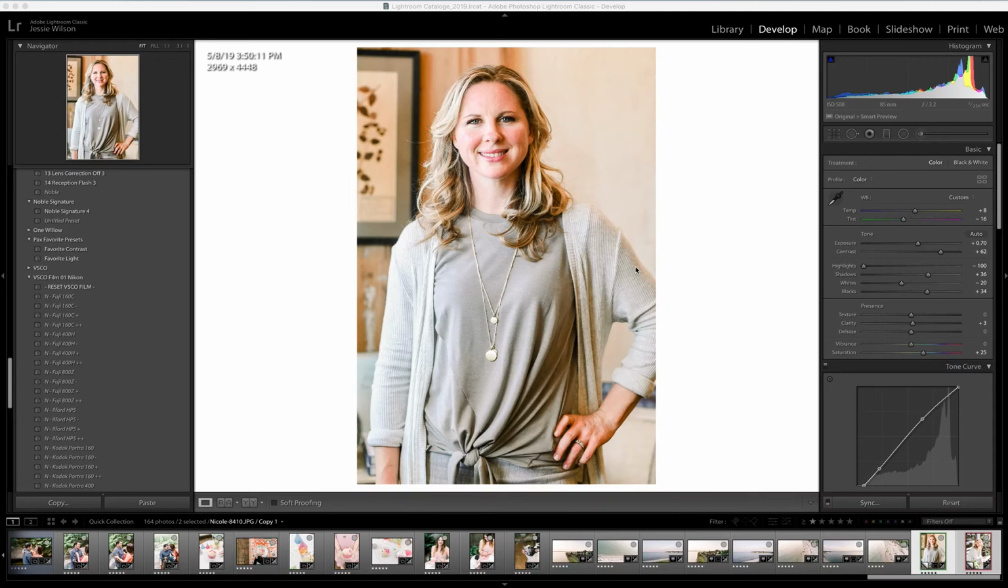Okay, so I am going to show you how I edit with totally different lighting situations. And what I do is not necessarily the right way or wrong way, but it's what I did for this particular session. And you guys are going to laugh because this session, after the first few shots, I clicked